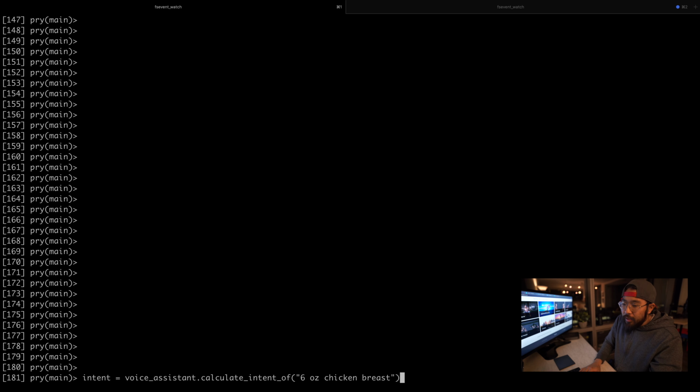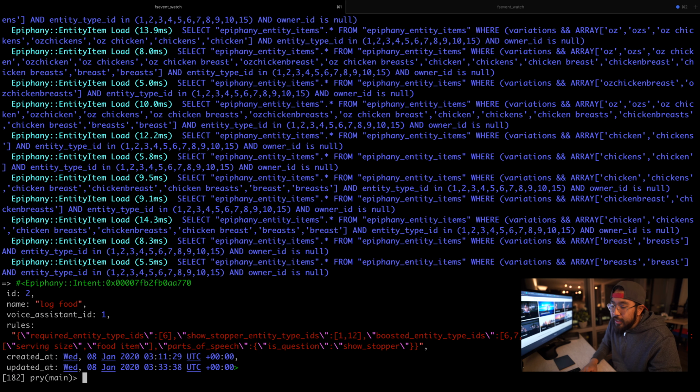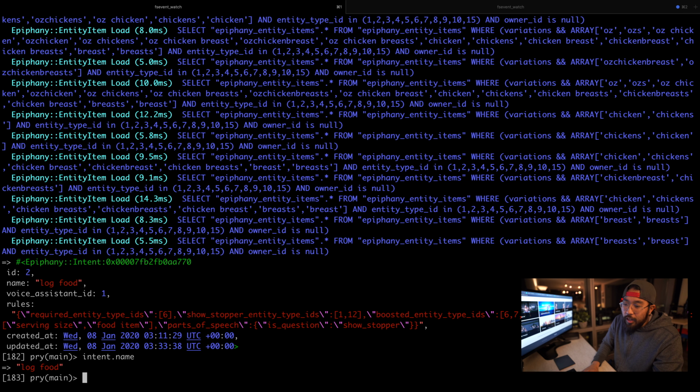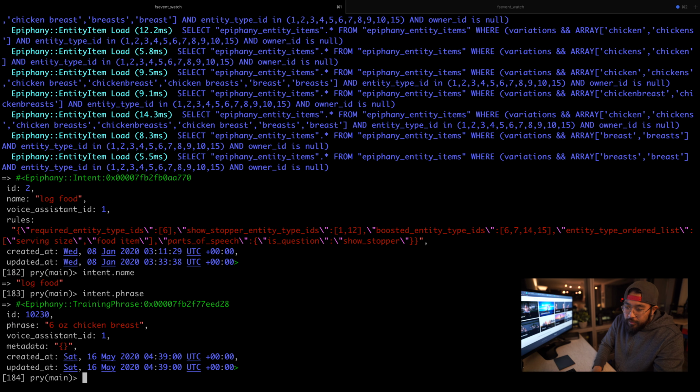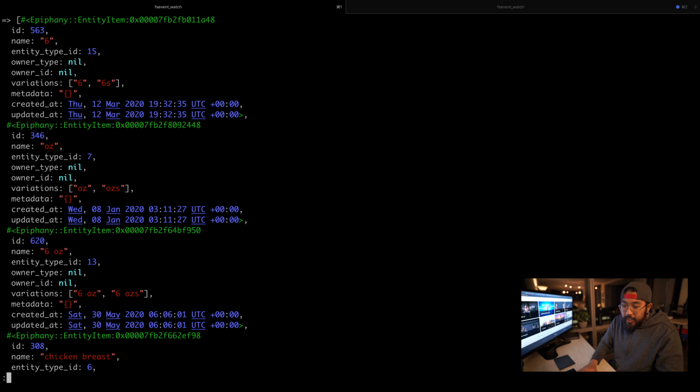So down here, 6-ounce chicken breast. You can pretend that someone said on their phone 6-ounce chicken breast and it's trying to detect the intent. The intent of that phrase was to log some food. And the original phrase, 6-ounce chicken breast, is what the current AI is detecting. And I do intent. What did I call this thing? Tokenize. I don't know why I needed this long. This is why I need to refactor it. That's what it is, yeah. So this is an array of entity items here.